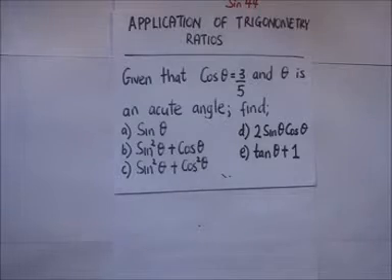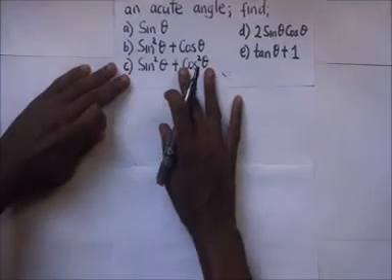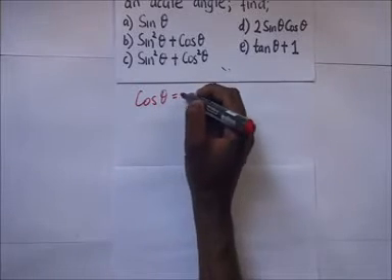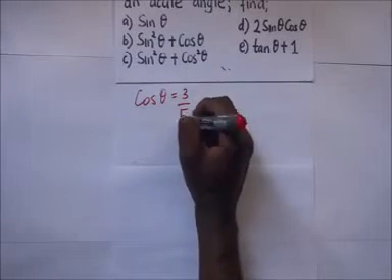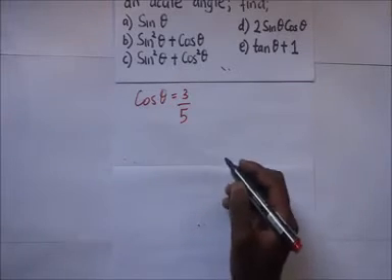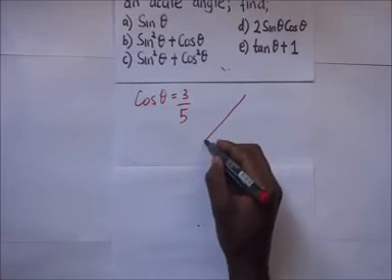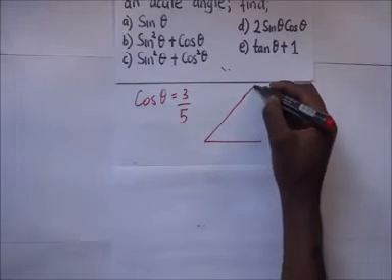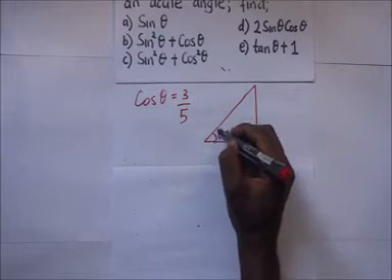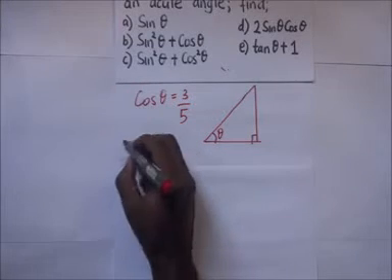We have cos theta giving us 3 over 5. So we know that the cosine of theta is equal to 3 over 5. And we know that this is an acute angle. So if this is an acute angle, it means that the right angle triangle we are talking about will be like this. This is the right angle. That is the value of theta. From our SOHCAHTOA,